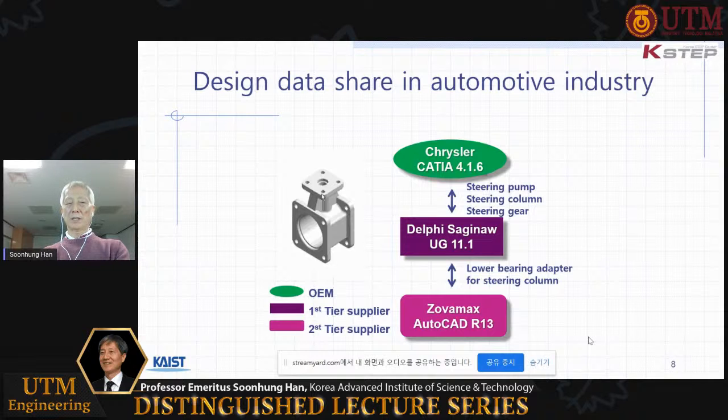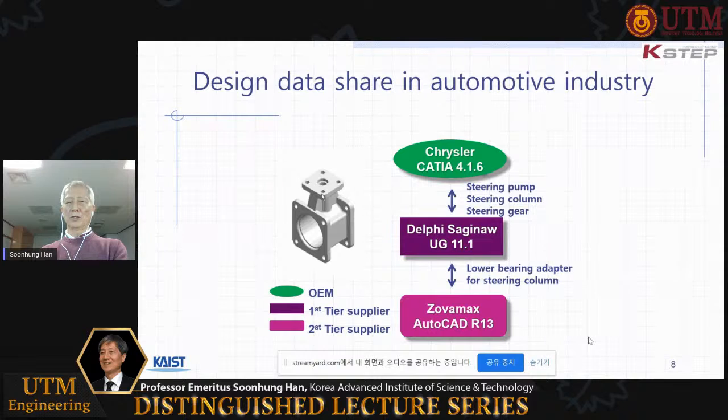Now, Delphi Saginaw also had a subcontractor called Jovamax. They further divide into smaller parts. So we call this OEM, first tier supplier, and second tier supplier. We all say this is supply chain management, something like a pyramid. But in this way,